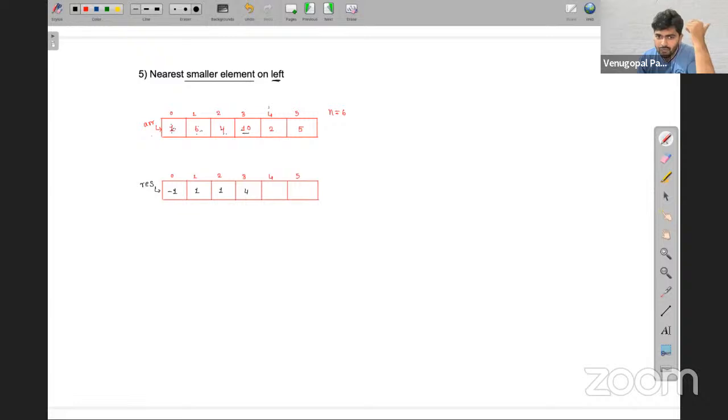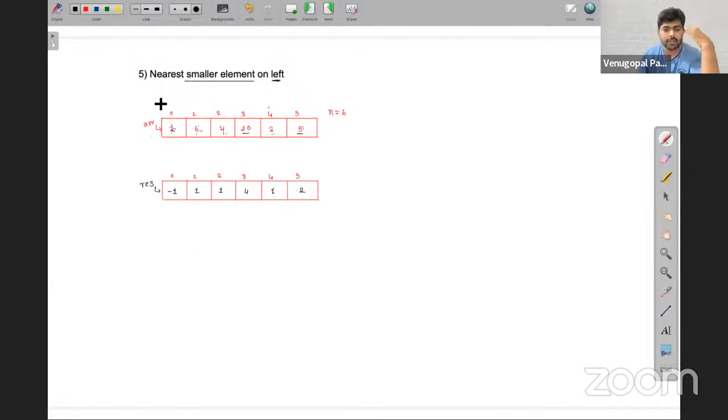Next 2. On its left hand side, 4 elements are there. Out of 4, 1 element is small, and that element is nothing but 1. Next element will be 5. Tell me, for 5, what will be the output? See on the left side, who is small? That too, it should be closer. For 5, 2 is also small, 1 is also small, but 2 is closer compared to 1. Therefore, we need to write 2.